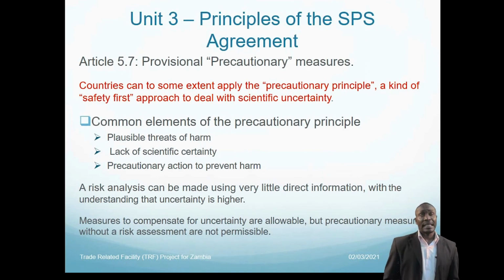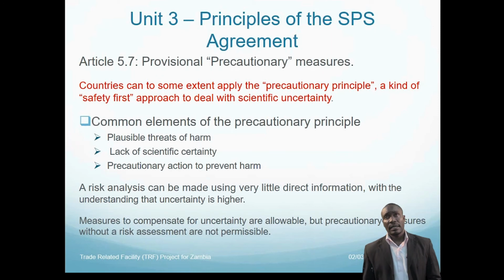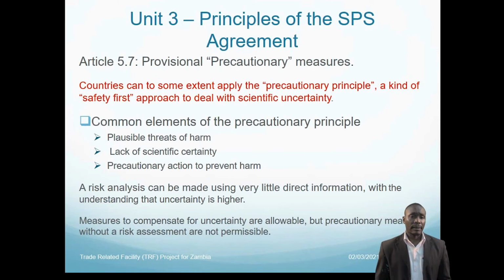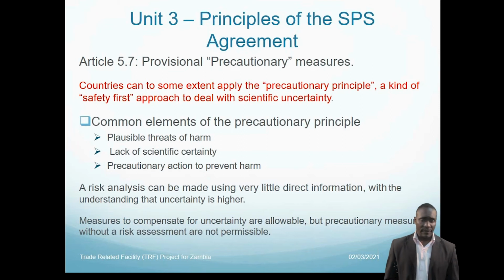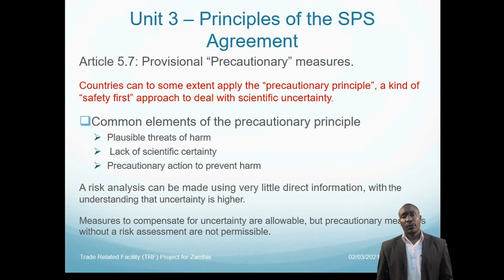In the same article for risk assessment, there is an article 5.7 which talks about provisional precautionary measures. This is based on the famous precautionary principle, which says that if you have some information that something is bad, but you don't know in what context it is bad, then you are allowed not to deal with it based on the information that it is bad, even if you do not have information on how bad,